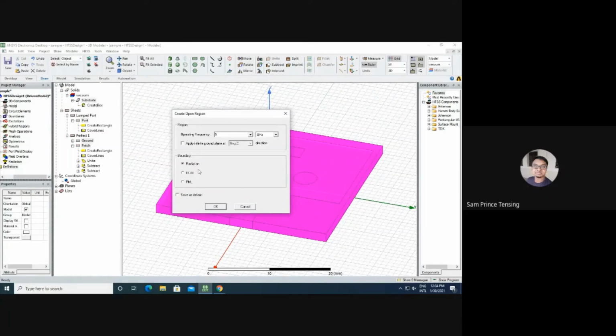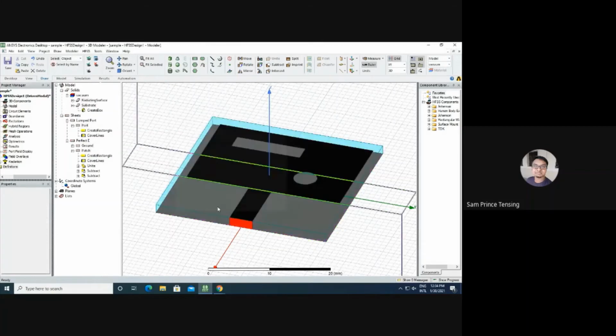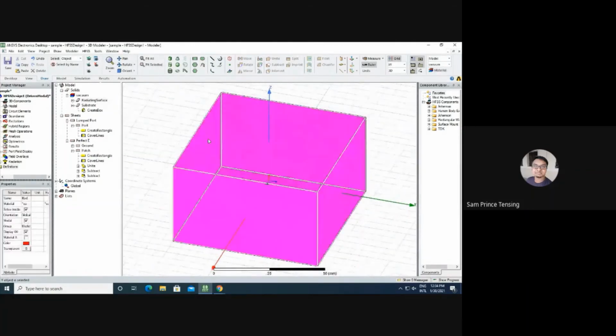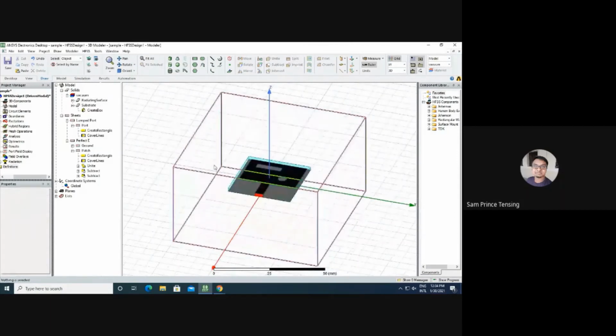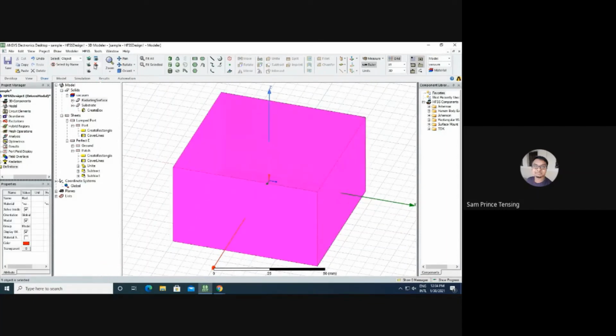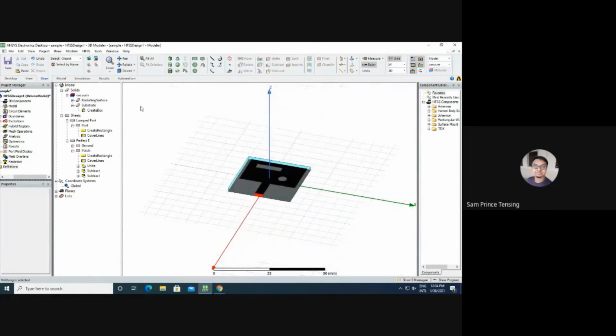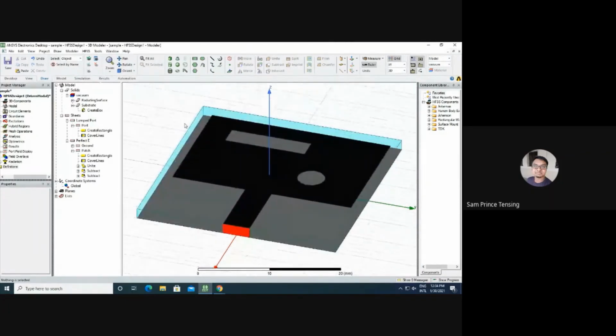There is nothing else to change, only enter the operating frequency and click OK. That's it. You can see a box here. This is the radiation box, and inside it is how the antenna radiates. That is what gives the results we'll get at the end. If you don't want to see this box, you can hide it in the I option.